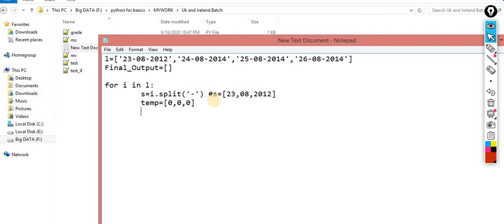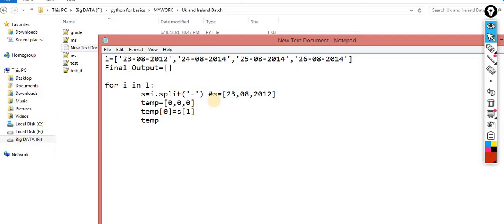Now what do you have to do? Swapping the data. On the temp of 0th position, what do you need in the final output? You need s of 1.